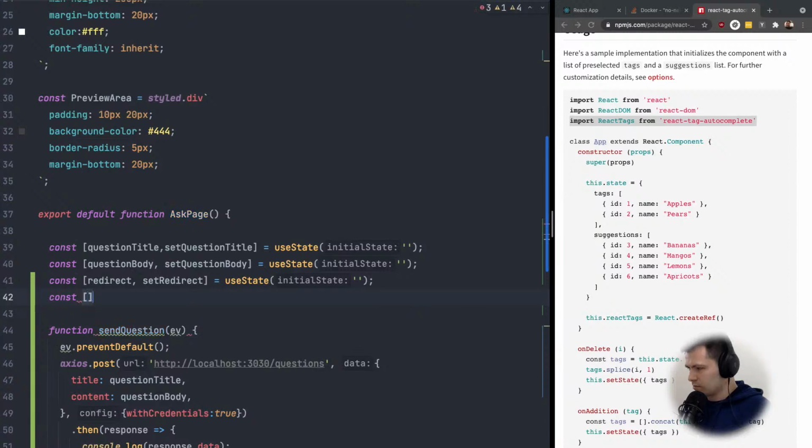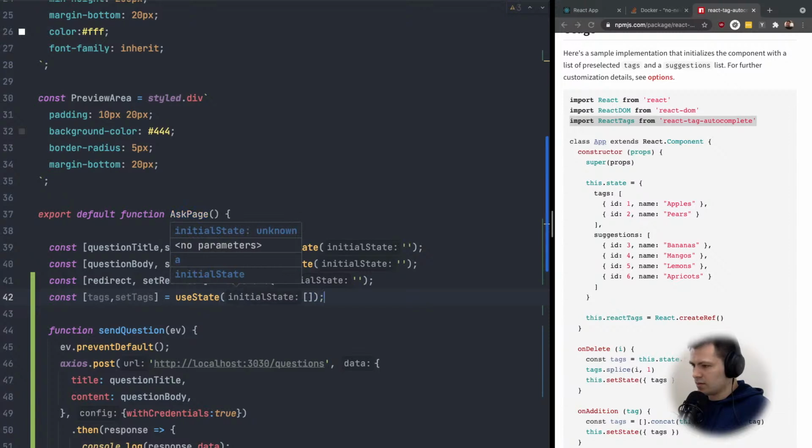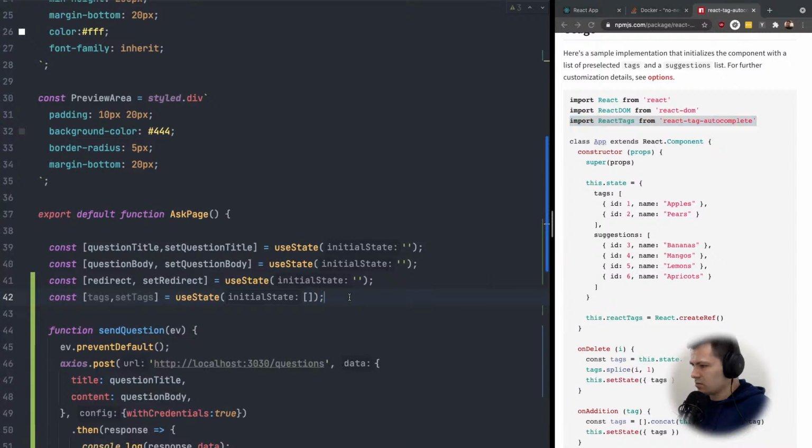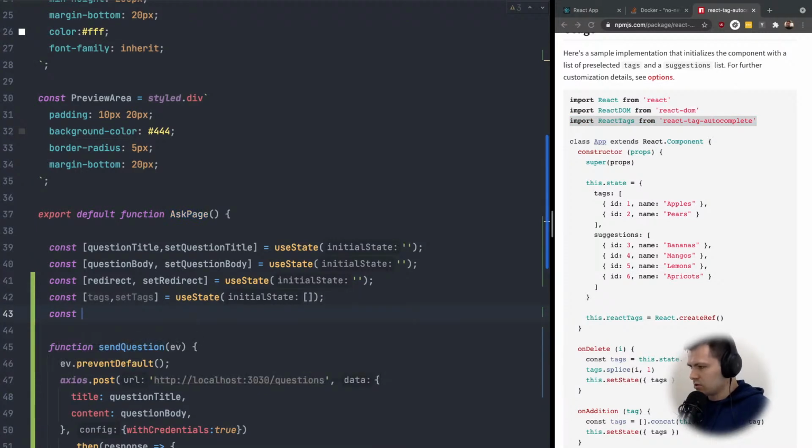Const tags, set tags will be state, and it will be an empty array, because in the beginning we will not have any tags selected here. But when it comes to suggestions,